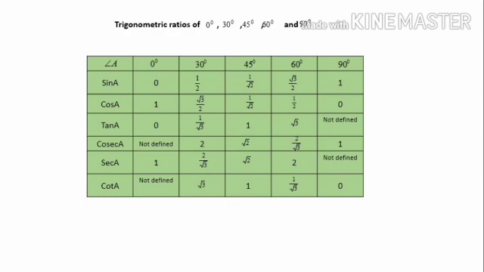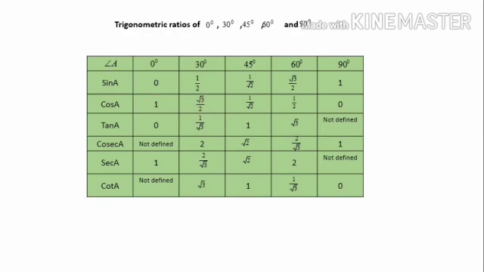Then by using the same numbers we can fill the cos values, or the third row. As I mentioned before, the 5 values are 0, 1 by 2, 1 by root 2, root 3 by 2, 1. These values we have to write in the third row from the right end to the left. From here: 0, 1 by 2, 1 by root 2, root 3 by 2, 1.